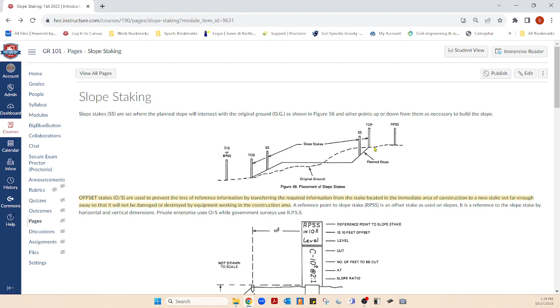That's what we would be building. So as it says, again, slope stakes are set where the planned slope, this guy right here, intersects with the original ground here and here. And actually, here is a slope stake along the way between here and here and here. This side would be a fill slope. We would start here and we would,